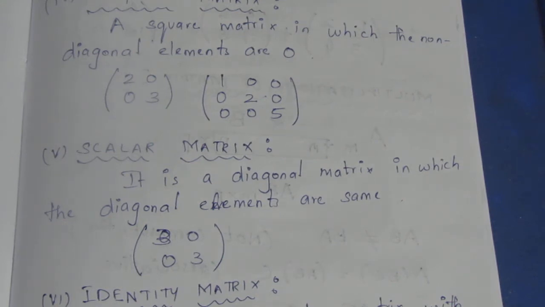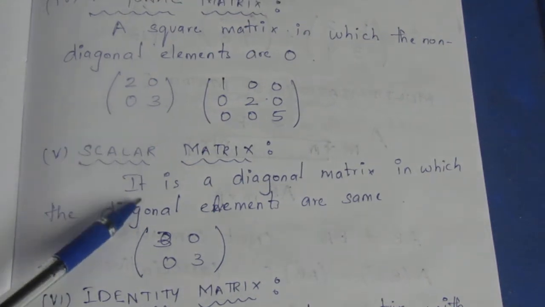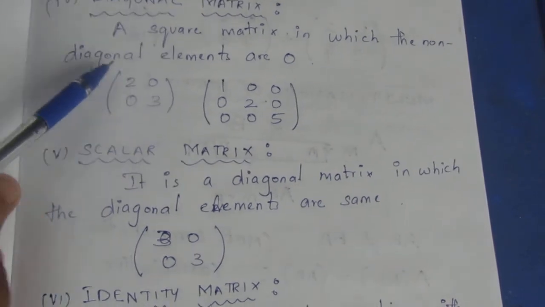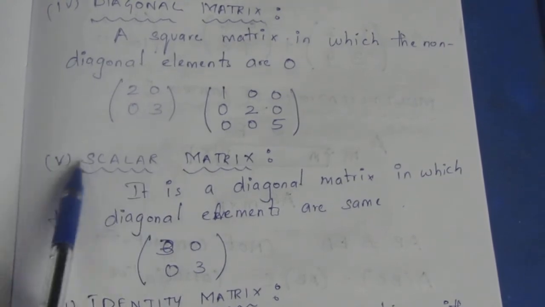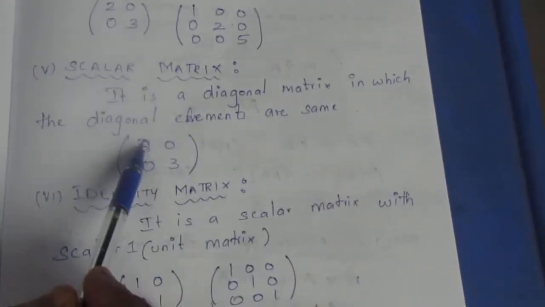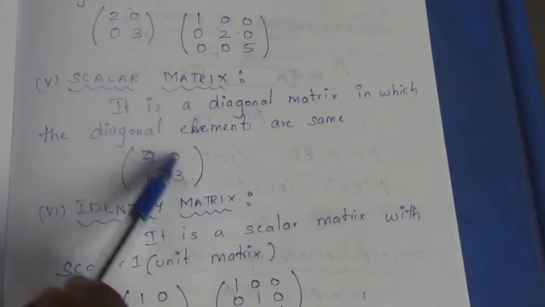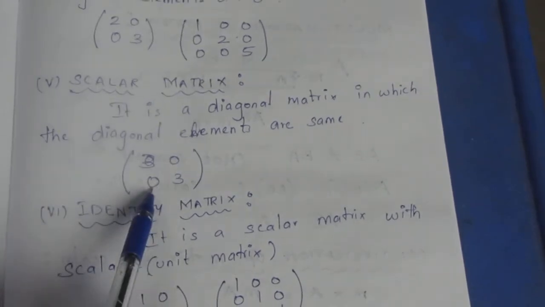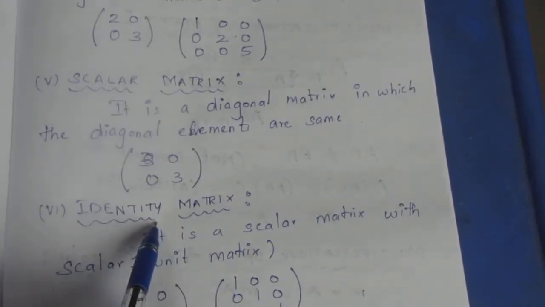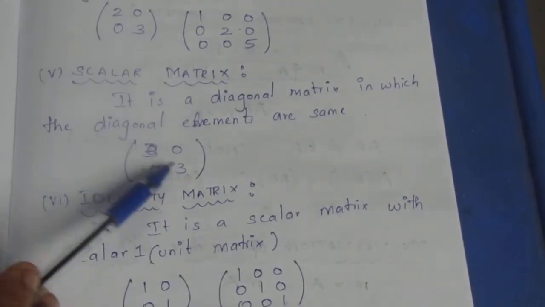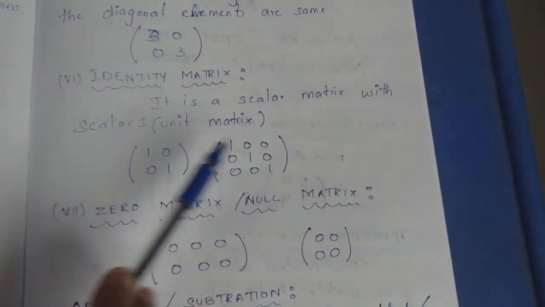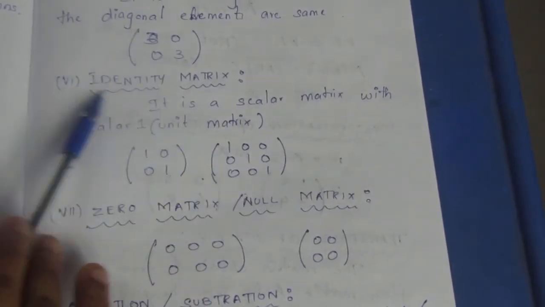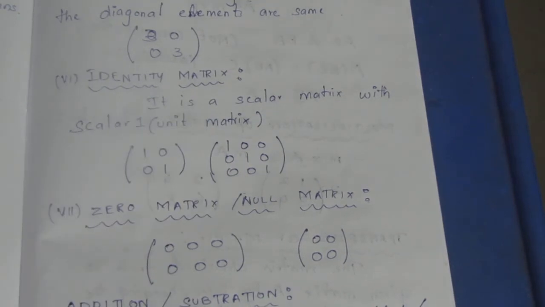Now we'll move on to the scalar matrix. The scalar matrix is the same as the diagonal matrix, but here the diagonal numbers differ in the diagonal matrix. For scalar, we know it means the same. So if the numbers are the same in the diagonal, then it is called a scalar matrix. The rest will be zeros. Identity means instead of other numbers, we will have only one in the diagonal. So if you see only ones in the diagonal and the rest of the elements are 0, then it is an identity matrix.